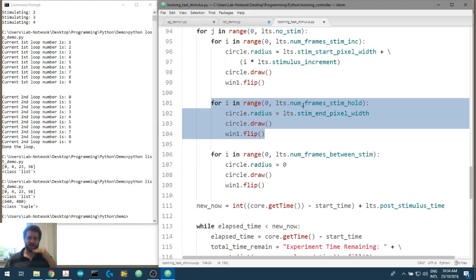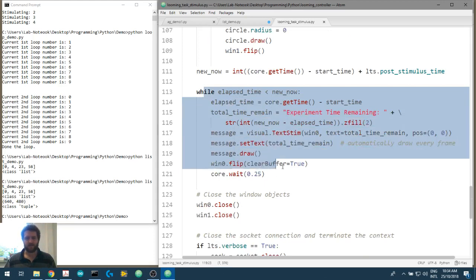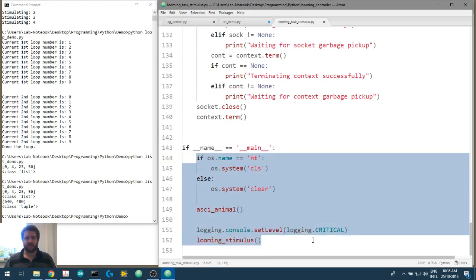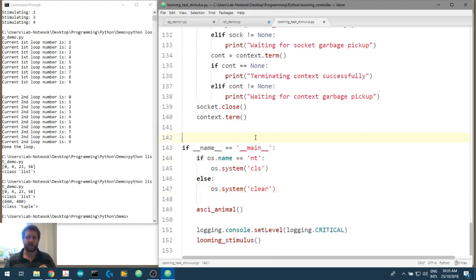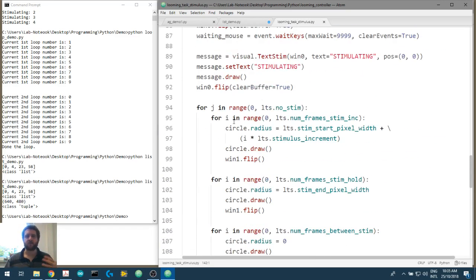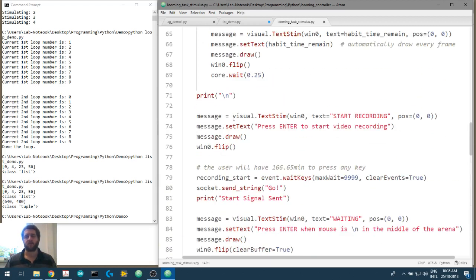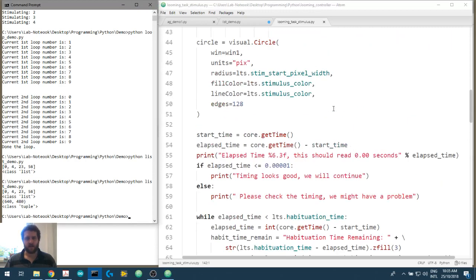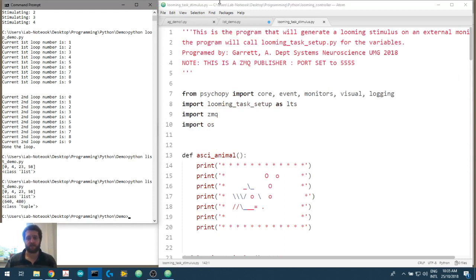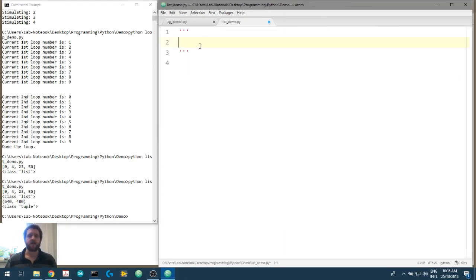We'll go through nesting loops. And then we've got another while loop. And then we've got if, else if statements. This is me cleaning up some communications as ZMQ sockets. Right? And then we've got this other stuff at the end, if name is main. Okay, so we won't worry about this too much, but you see some of the stuff that we've gone through can be used for this stimulus. I won't play this for you at the moment, but this is where we're heading up to. Okay, but before then,